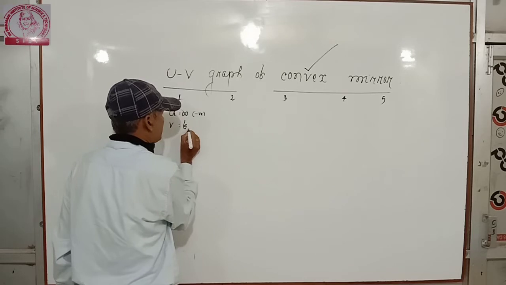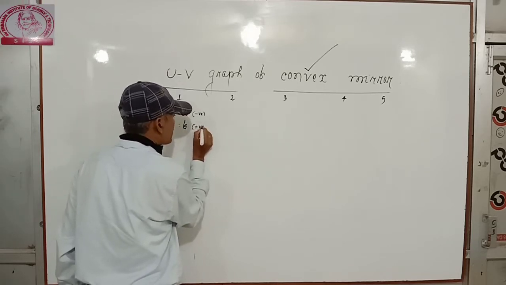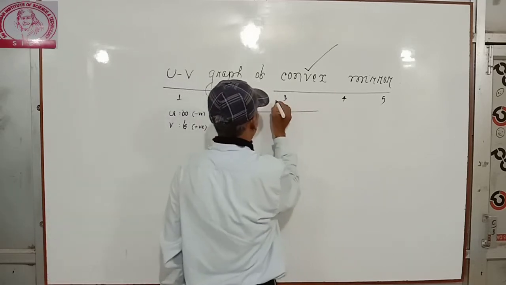V is equal to F, positive. Why is it positive? Because the image formed